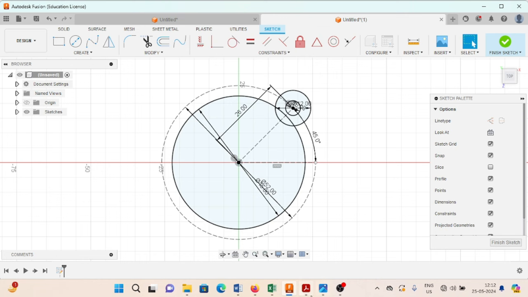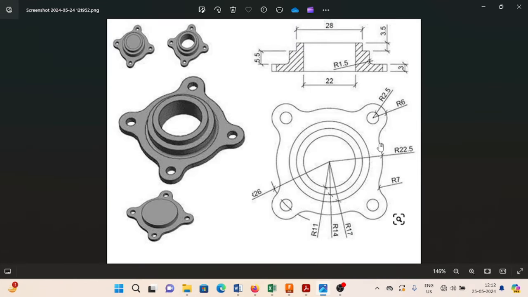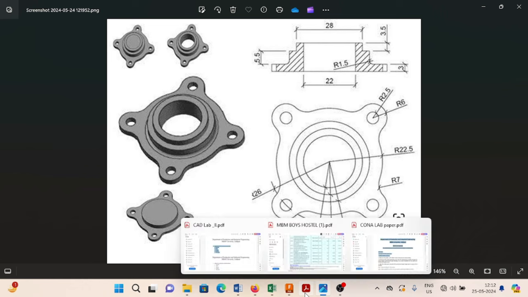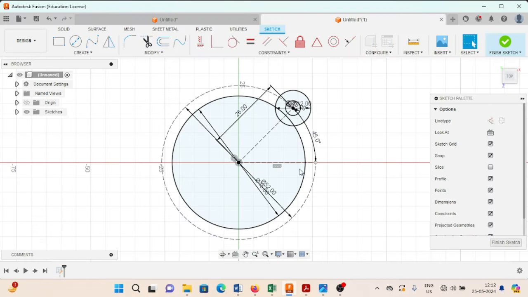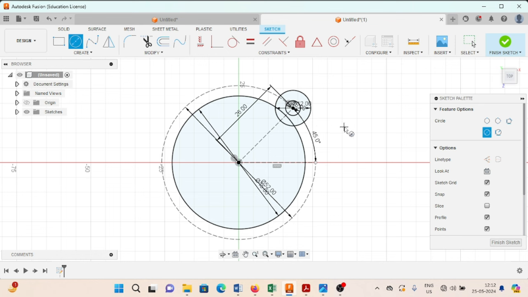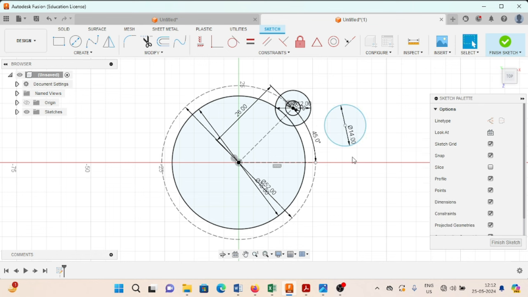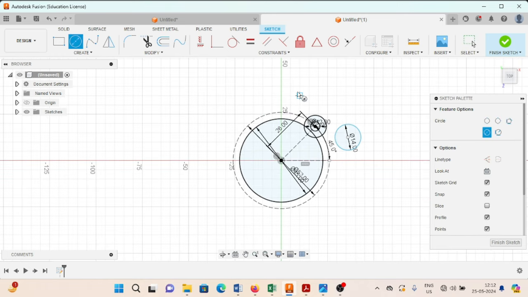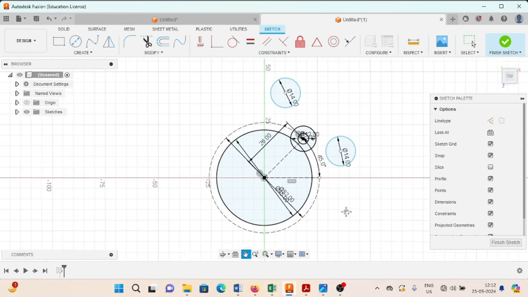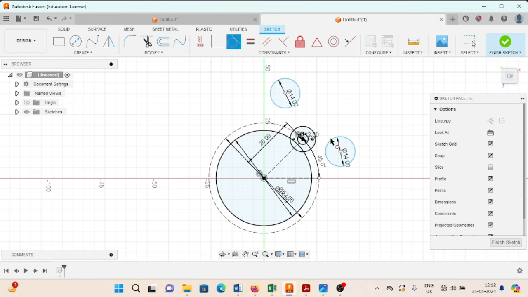Now the next what we have to do is we have to create this arc of radius 7 and this arc of radius 7. For that simply come here and create a circle of 14 diameter and similarly one more circle of 14 diameter, like this. And after that what we have to do, select this tangent command, select this one and this one,